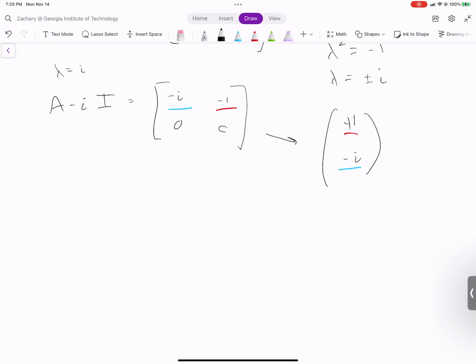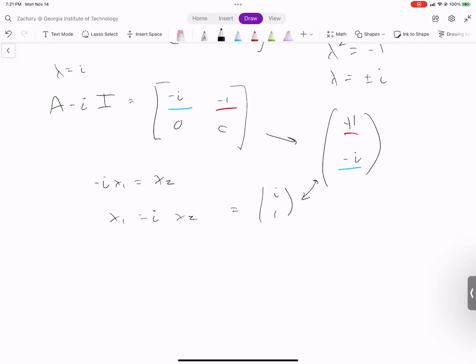So you could also get this from parametric vector form. It's a little bit more complicated though. ix1 equals x2. You multiply both sides by i, and you get x1 equals ix2, which corresponds to the vector i, 1. So these two vectors are actually the exact same thing. Which doesn't make a lot of sense, but if you multiply this one by i, you'll get here. Either of these are totally fine answers, okay?